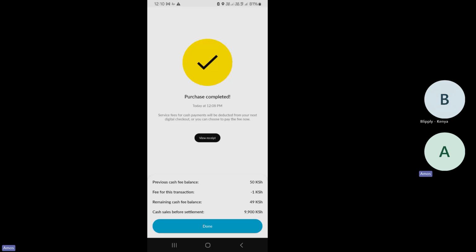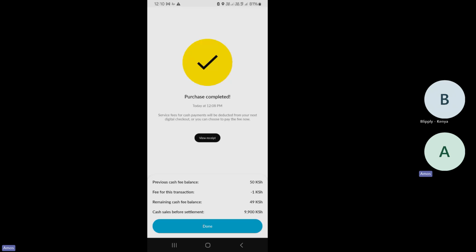If the transaction is above 100, the fee for the platform is 1%. Say huyu client amenunua kitu ya 150 as we had initially, amelipa na cash. What am I paying the app to process that transaction? It is 1% of 150, which would be 1.5 shillings.